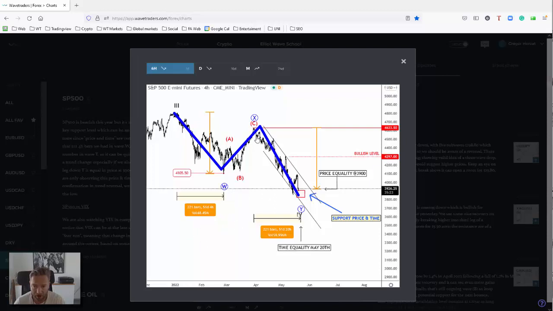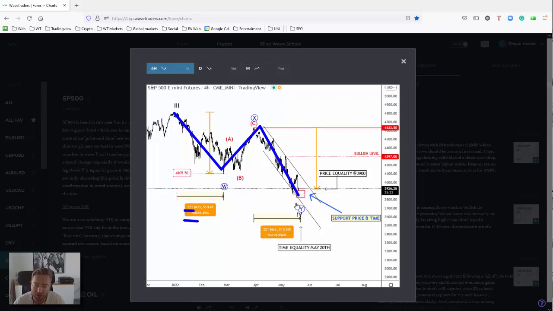is I'm trying to compare the second leg of this complex correction to the first leg. So WXY is what I'm tracking here, and notice that here we have 221 4-hour bars, and now we have the same time length of this current drop measured from end of a wave X. So what I'm seeing here is quite an interesting time for a potential new swing, meaning for potential